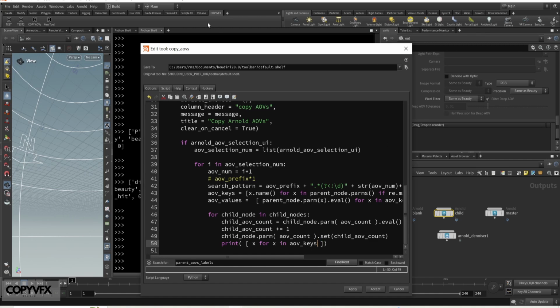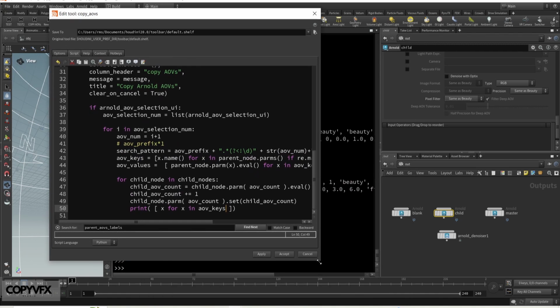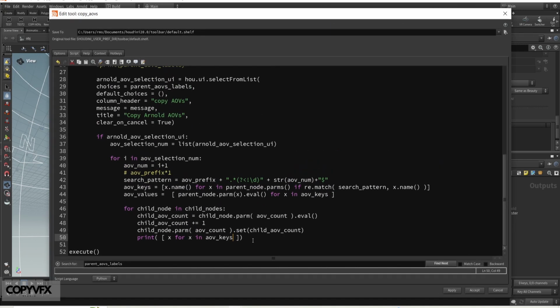To do so, I will just make it a bit. If dot match the search pattern which we already have with the value of x,